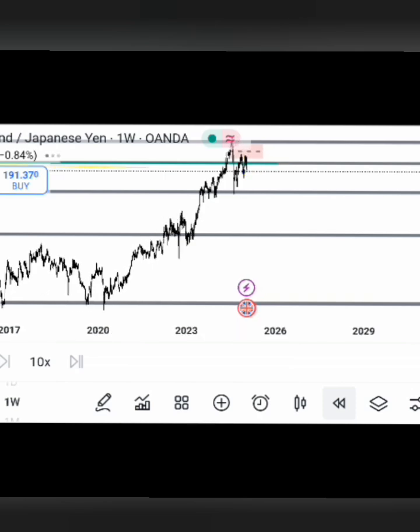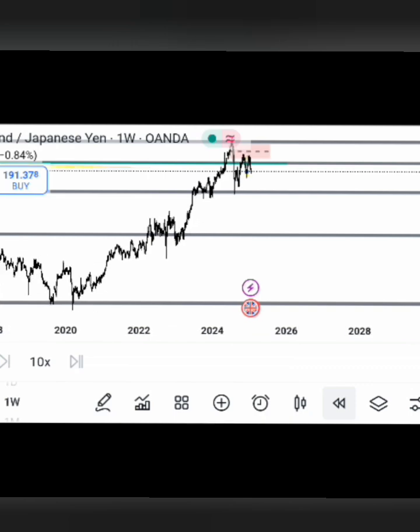But guys, I want you, as a beginner, to use a cent account. Use a cent account. I've made money using a Naira account. I've not tried a dollar account before, but I can tell you a cent account is